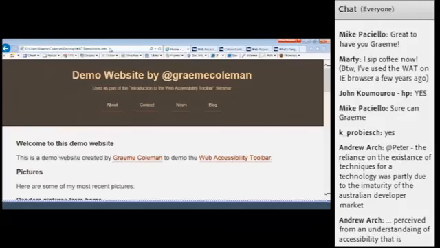The third thing I'm going to talk about now is using the web accessibility toolbar for checking the structure of a website.